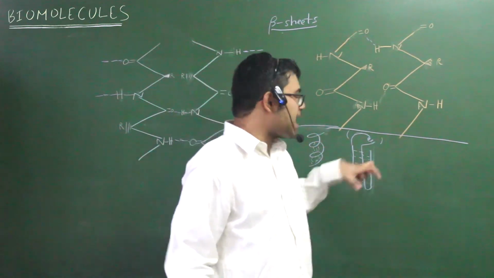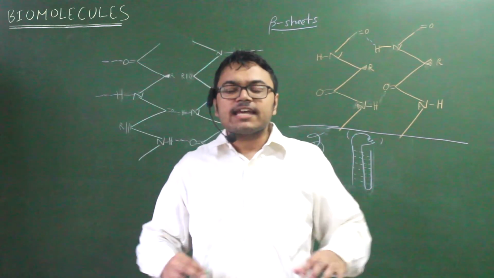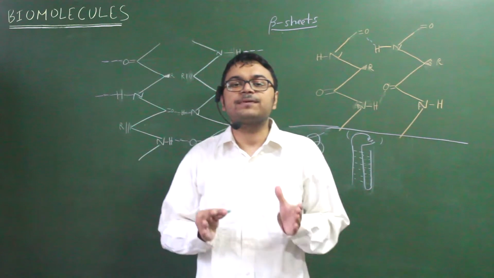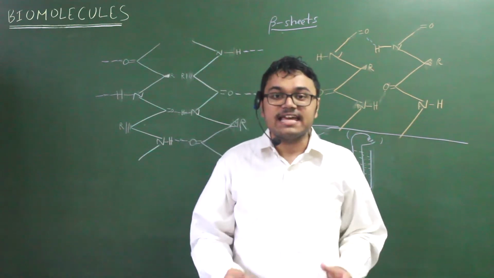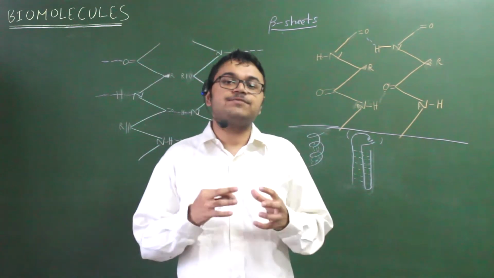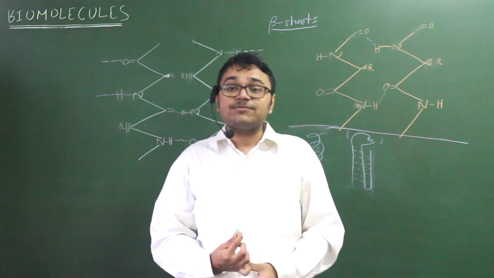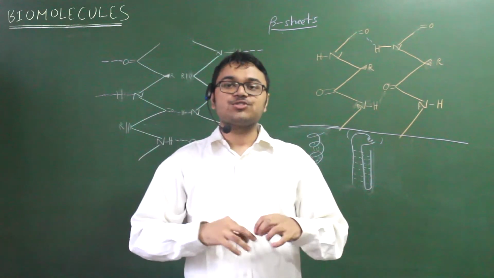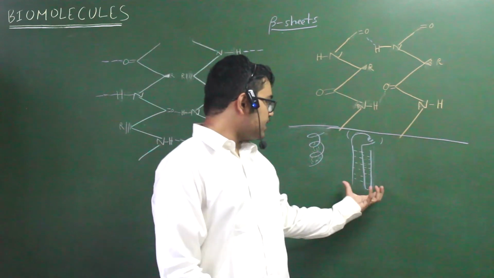So these beta strands that form the beta sheet can be really far apart in terms of the primary structure, in terms of the sequence of the protein, and that makes a difference. That makes a big difference to the way these proteins exist. It makes a big difference to how this contributes to the overall structure of a protein, because the beta sheet